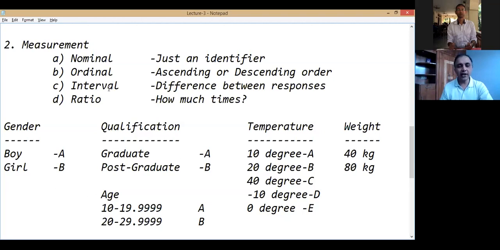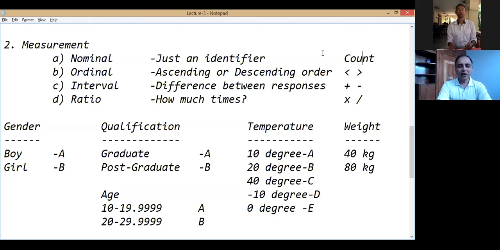So if I just write here one more word associated with them: nominal, no mathematical technique, we can simply count them. There is no mathematical tool we can apply. In ordinal, there is higher or lower, we can give the rank only. In interval, we can find out the difference. There is a plus and minus. We can use plus and minus. And in ratio, there is a concept of multiplication or division. So let me remove this. The actual statistical symbol is less than or more than, and there is nothing.